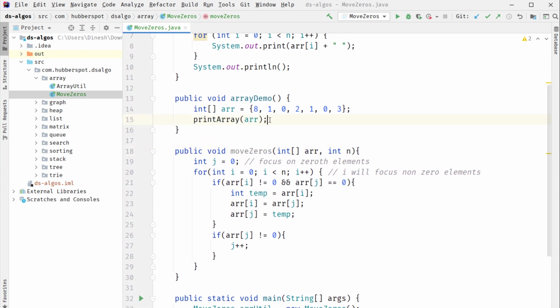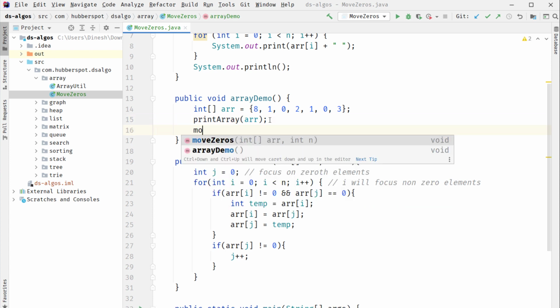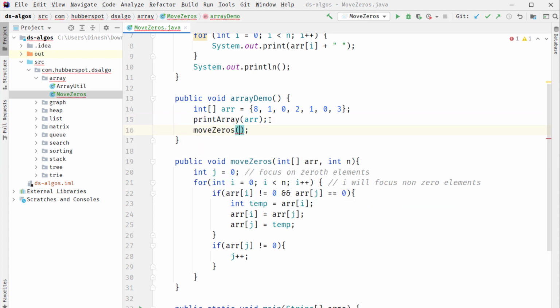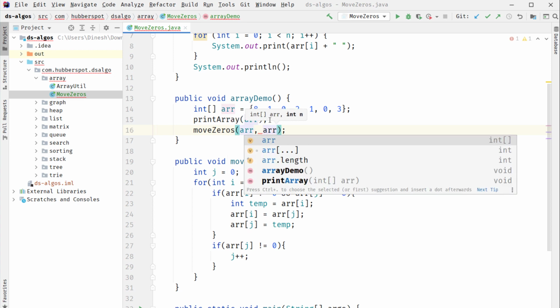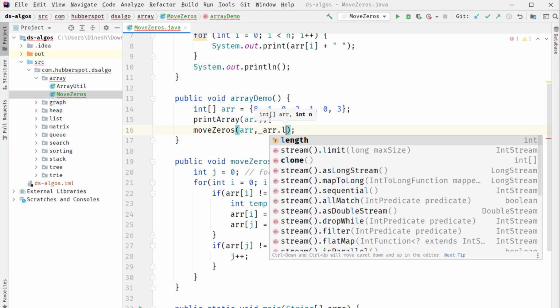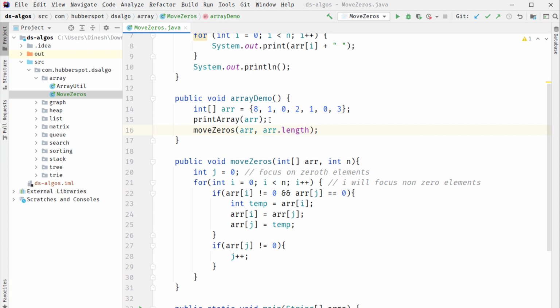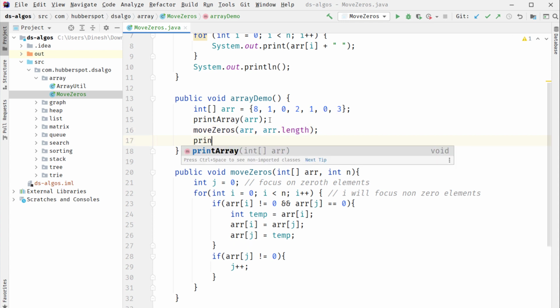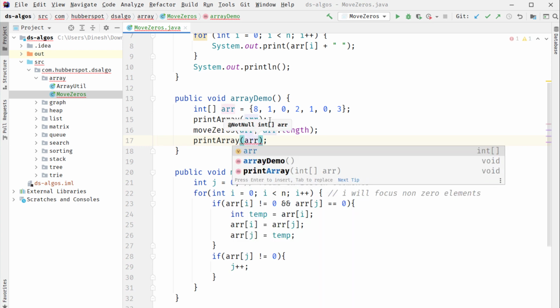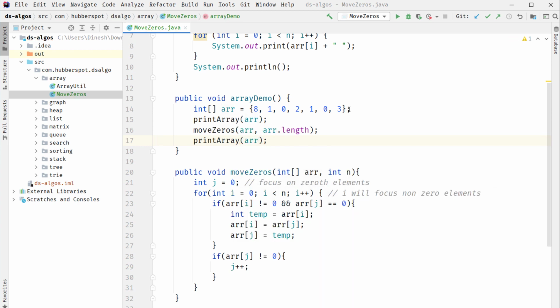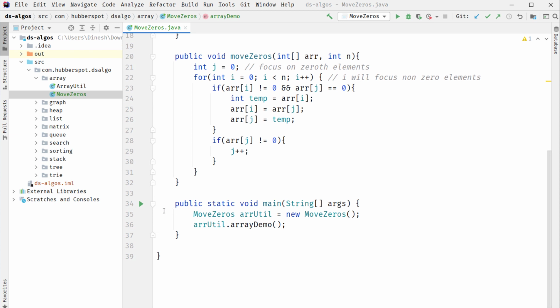Now after printing the array, we'll simply call moveZero. We'll pass the array and we'll pass the value of n as array.length, and after moving the zeros to the end of the array, we'll simply print the array again. And if I run the main method again,